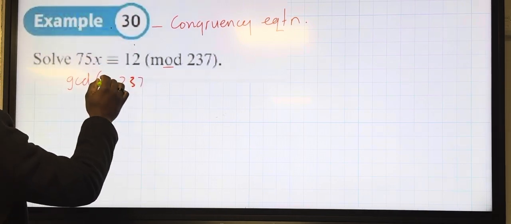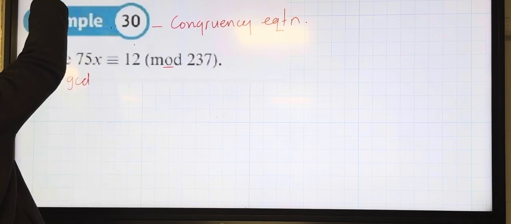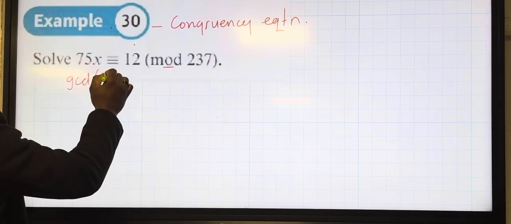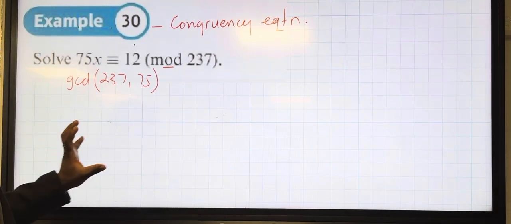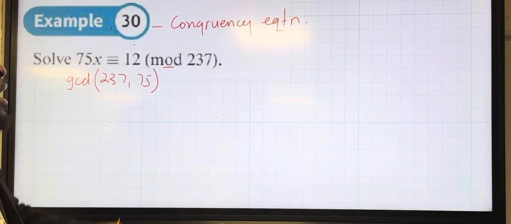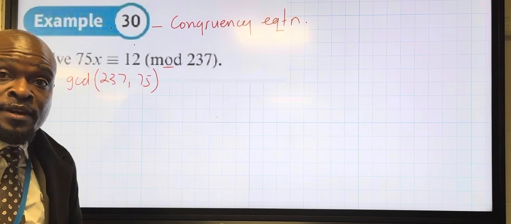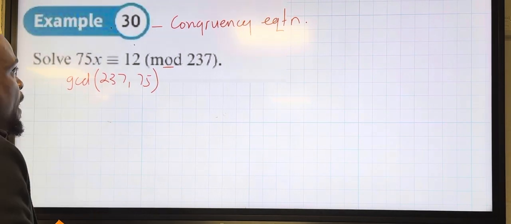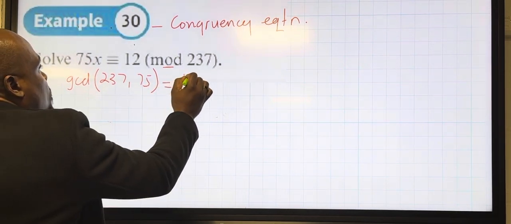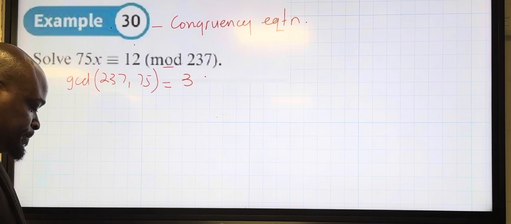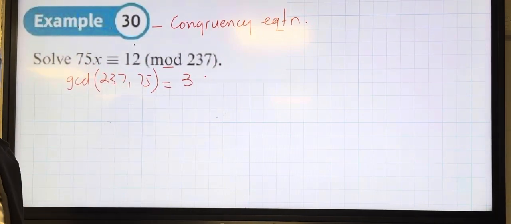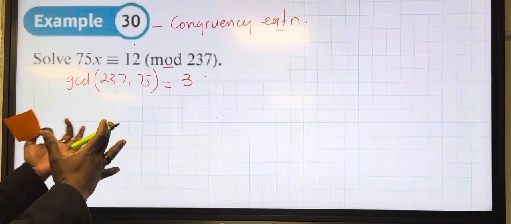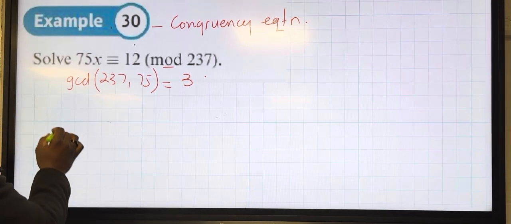Actually, I tell my students, you have to say 237 and 75. So when we find that GCD, we use the Euclidean algorithm, or you can use prime factorization. It's all up to you. I am going to use the Euclidean algorithm, because everything is based on the Euclidean algorithm, the Bezout identity as well. So we are going to say